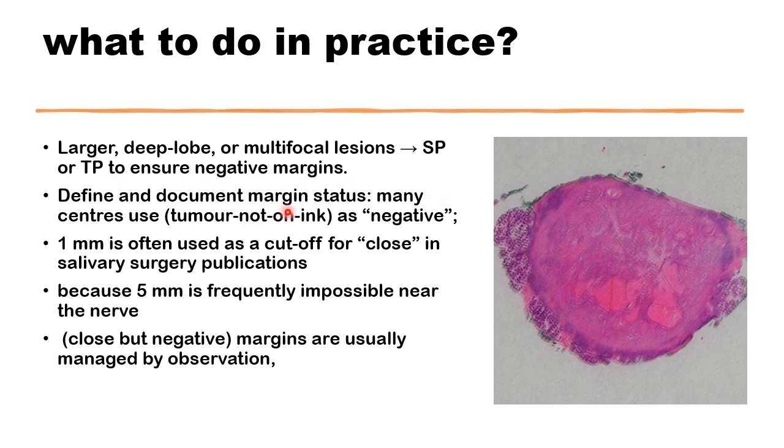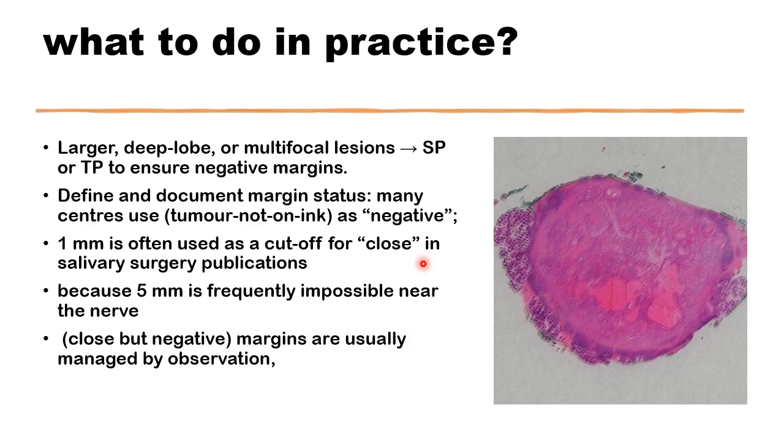The margins should be very clearly documented and defined by ink dotting, and this would help in clarifying whether the capsule is coming close to the tumor but not on the ink. In that case it would be negative, or if it actually transgresses the line of the ink dotting, it will then be positive. A 1 millimeter margin is often used as the cutoff for close proximity to the ink in